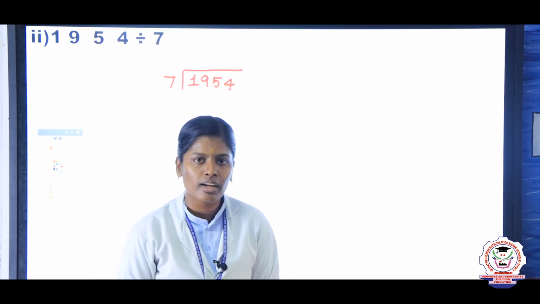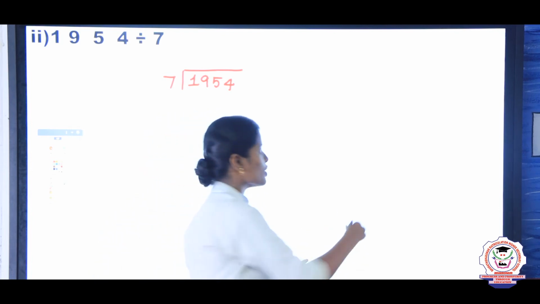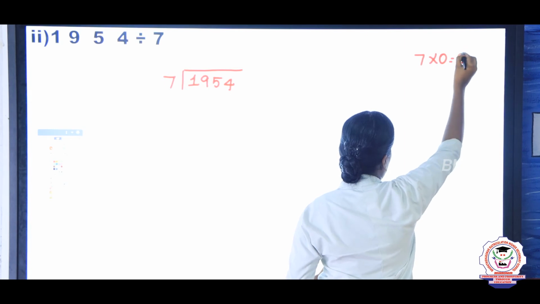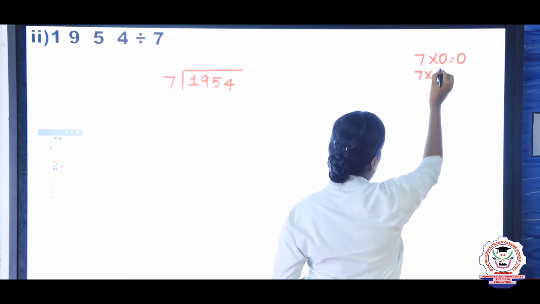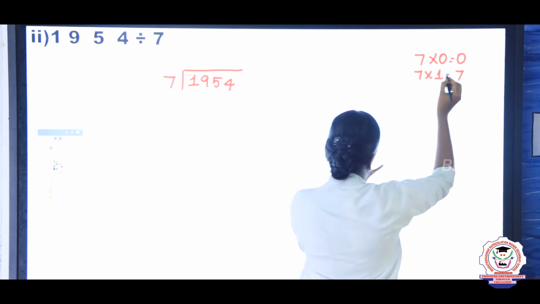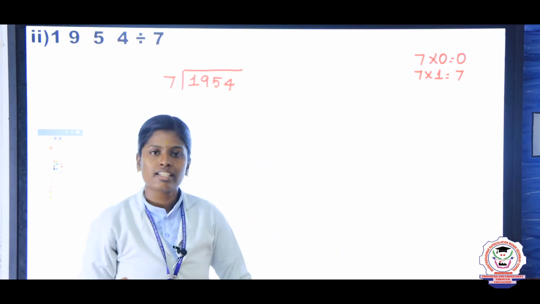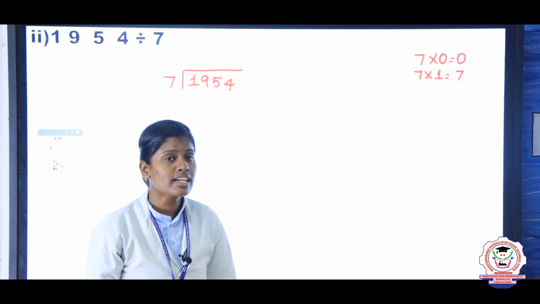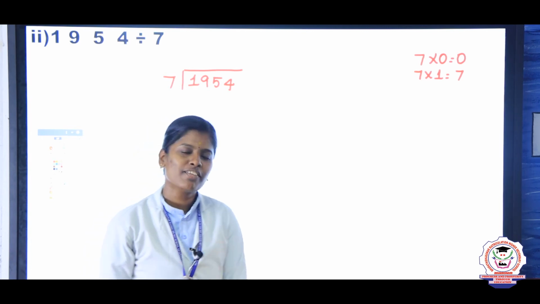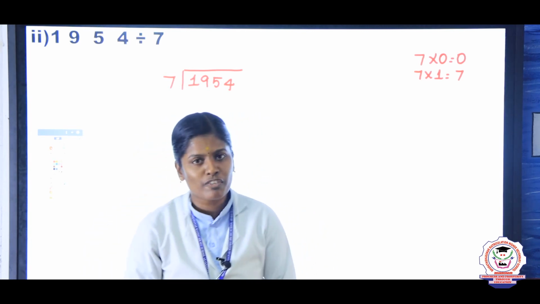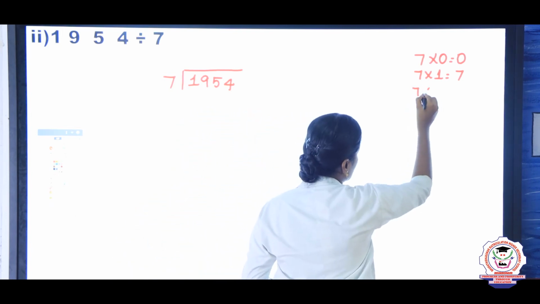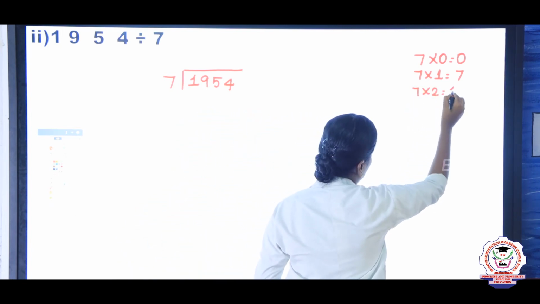7 zeros are? Very good. The answer is 0. And next one, 7 ones are? The answer is 7. Next we will take 7 twos are. So tell me Nasreen, what is the answer? That is 7 times of 2 are 2 times of 7. So the answer is 14. Very good. Right? 7 twos are 14.